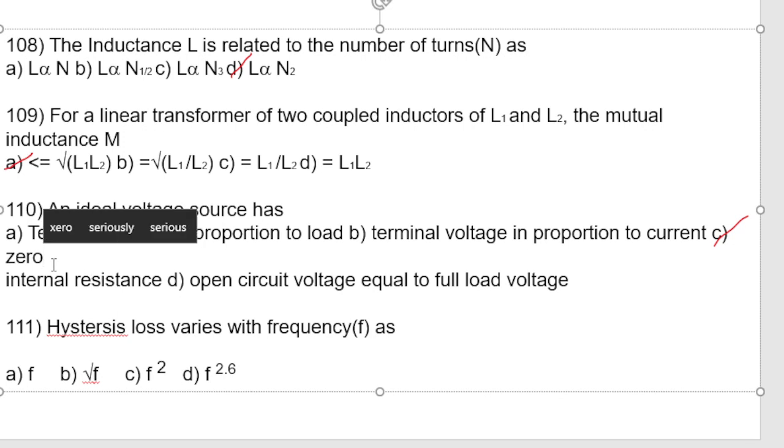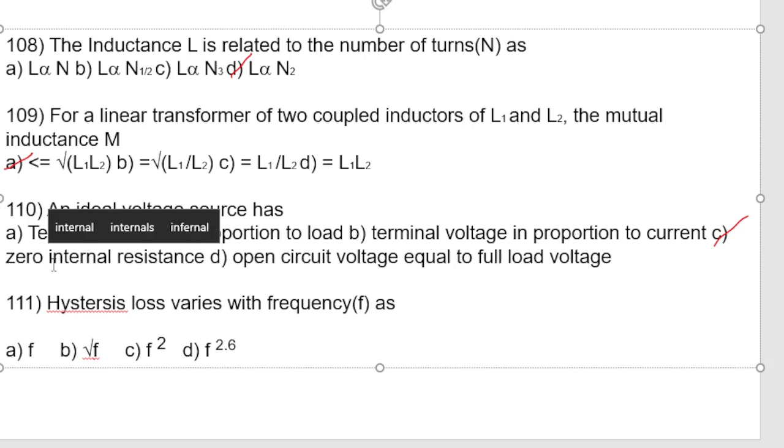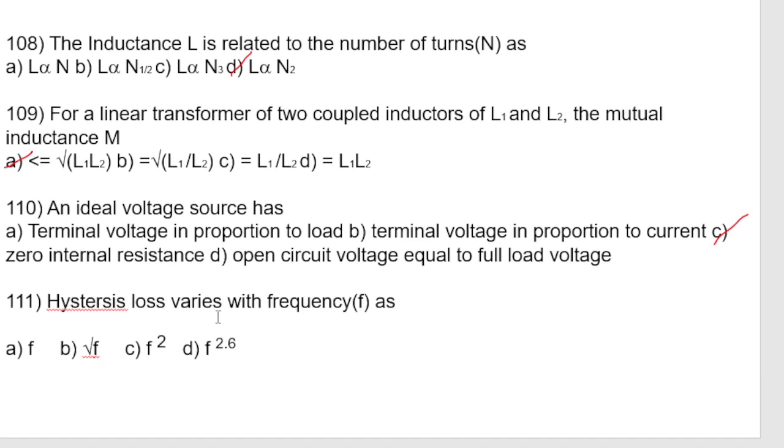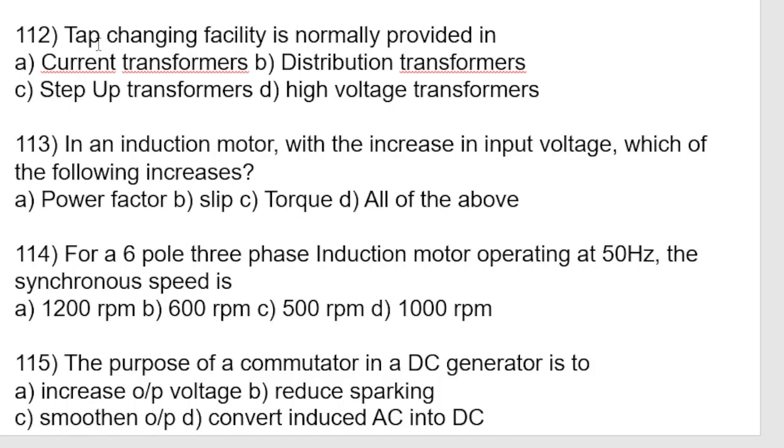Okay, so we will correct this. It is C only. Hysteresis loss varies with frequency as, option is A, F. It depends on F. Tap changing facility is normally provided in current transformer, distribution transformers, step up transformers, or high voltage transformer. The option is B,